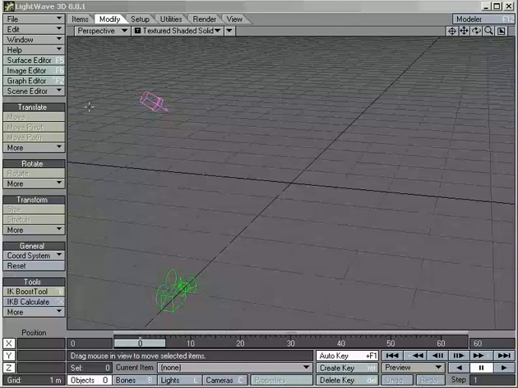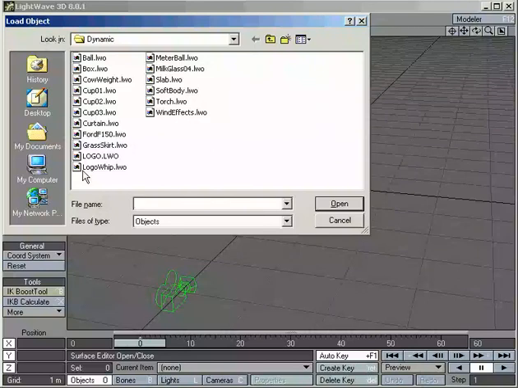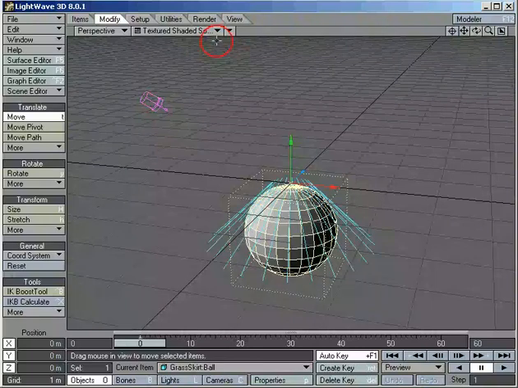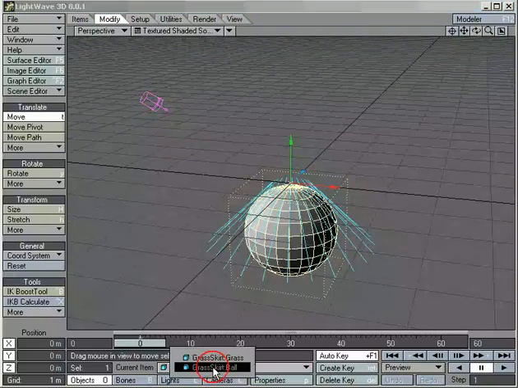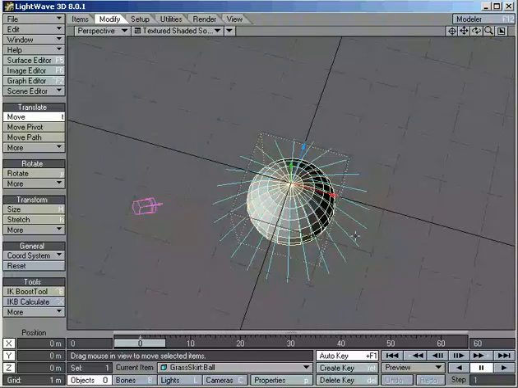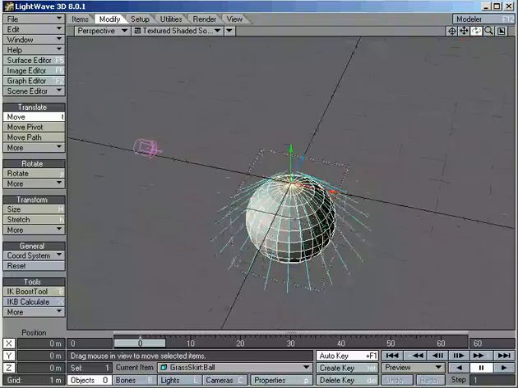Let's look at a fairly practical application of using dynamics. I'm going to create a grass skirt effect. Now what I have here is an actual sphere and a bunch of 2-point polygon strings in kind of a lampshade configuration. Let's pop into Modeler,